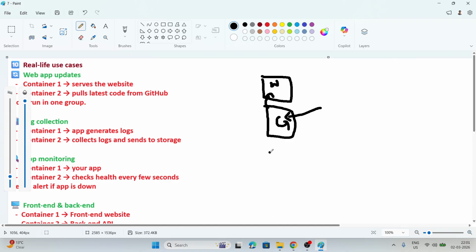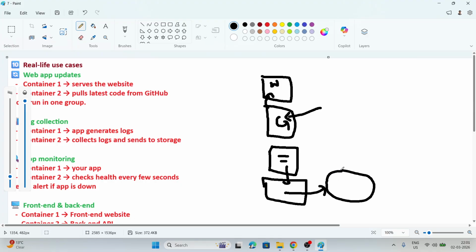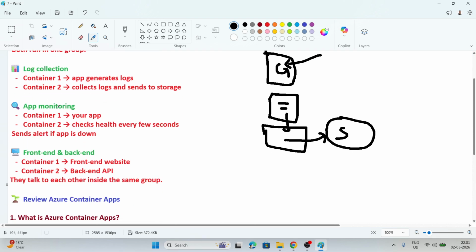So let us assume here there is one container, it generates the logs. And the second one collects the logs from this container and sends them to the storage. It can be Azure storage or the virtual machine storage. Then app monitoring, like one is running the app, and the second checks health every few seconds and sends an alert if